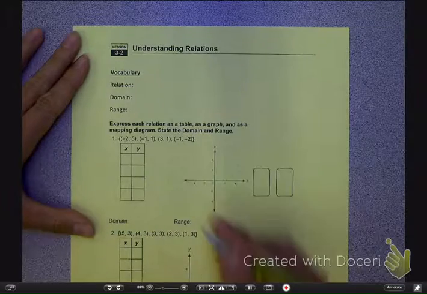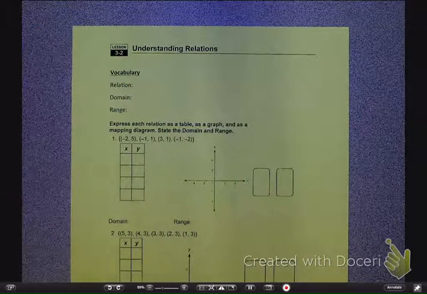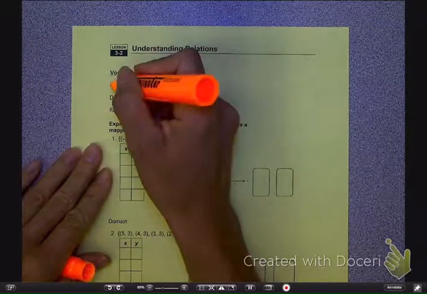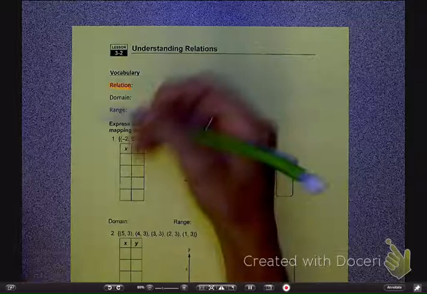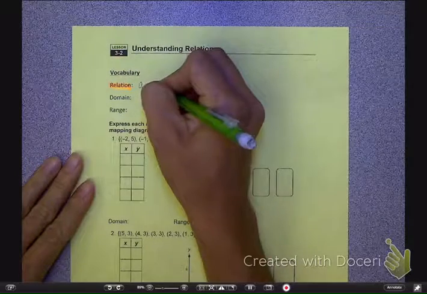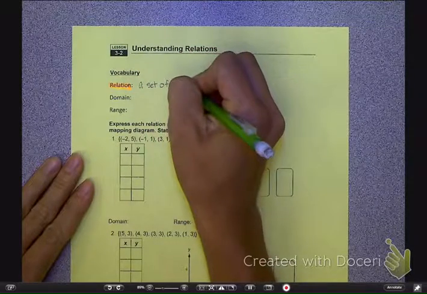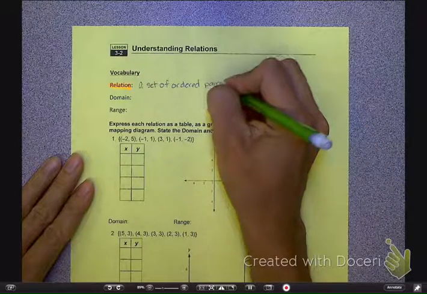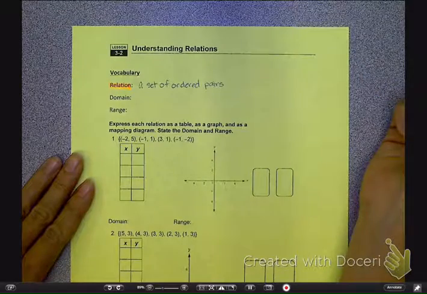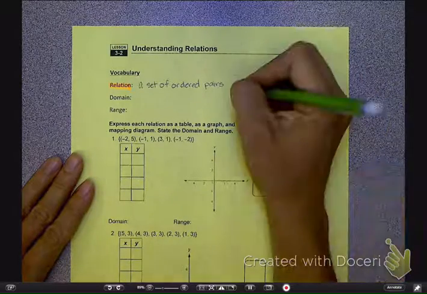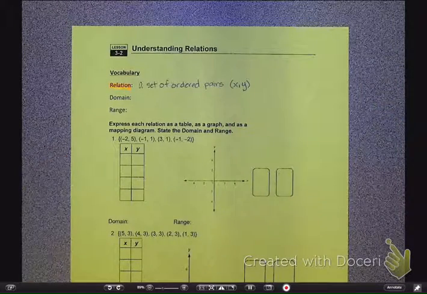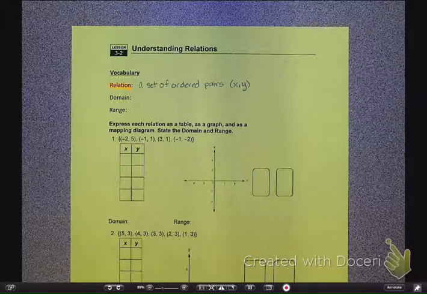Okay, so the definition of a relation, this is a vocabulary word for you guys, so you might want to highlight it. Okay, but a relation is a set of ordered pairs. Okay, usually when we talk about a set of ordered pairs, we're dealing with x's and y's normally. Okay, but sometimes depending on the way our two different axes are labeled, it might be different variables, but normally